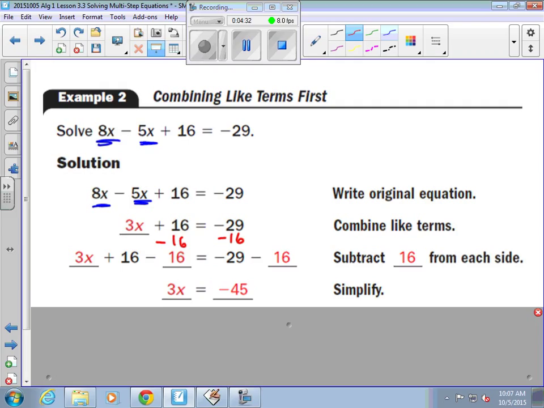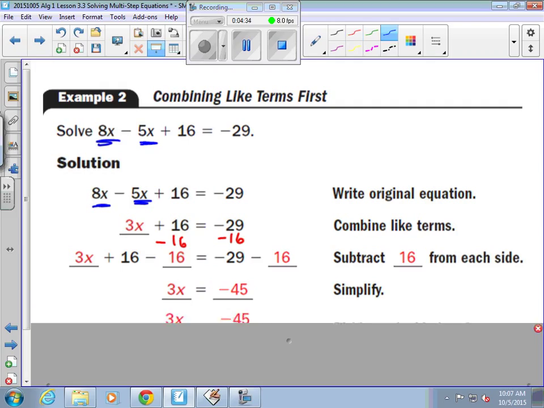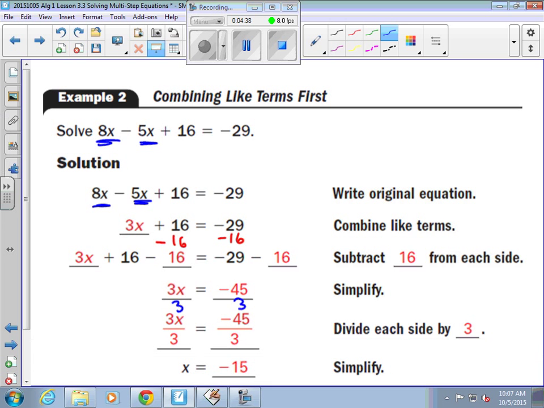Undo multiplication of 3 times x by dividing each side by 3. Negative 45 divided by 3. A negative divided by a positive is a negative, and 45 divided by 3 is 15. So x is equal to negative 15. Again, working subtraction and addition first, or undoing it first, and then undoing division and multiplication. And again, on the back,